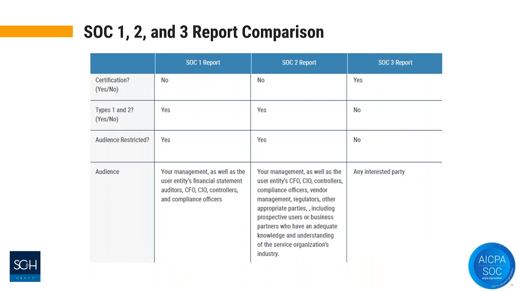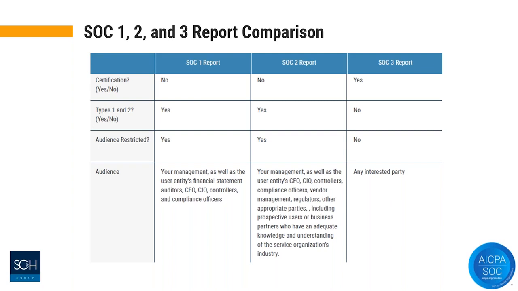As I mentioned with SOC 3, the only actual certification across these three report options is the SOC 3 report, and that is primarily due to the nature and details included within the report. So a SOC 1 and SOC 2 report, while they aren't certifications, are reports that show that you meet a certain level of requirements within your organization, whether it's type 1, a point in time, or type 2, that you have those controls in place over a period of time.